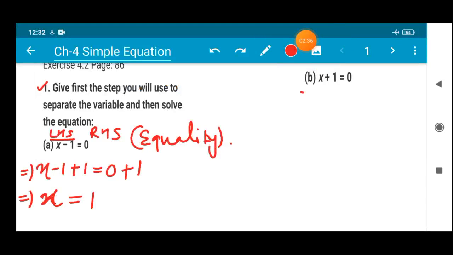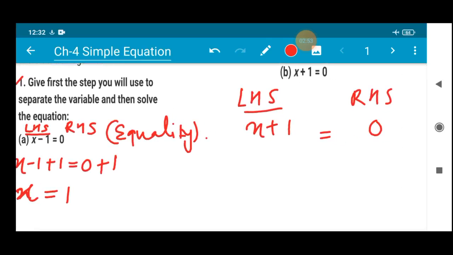Okay, let us now solve question number B. It is also similar. As you can see, plus 1 is there on the left hand side. So on the left hand side the expression is x plus 1, and on the right hand side there is 0, right? So we have to subtract 1 on both sides. Don't forget, most students make the mistake of putting minus 1 on one side but forgetting to put minus 1 on the other. This is not called equality. So neutralization should be done. You know that plus 1 and minus 1 is 0, so nothing is left except x on the left hand side, is equal to minus 1.